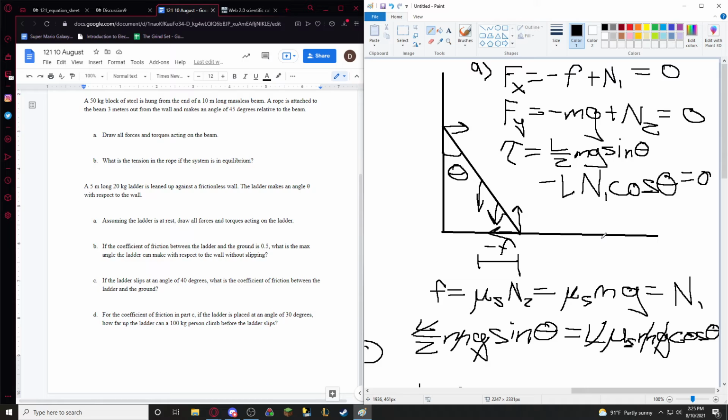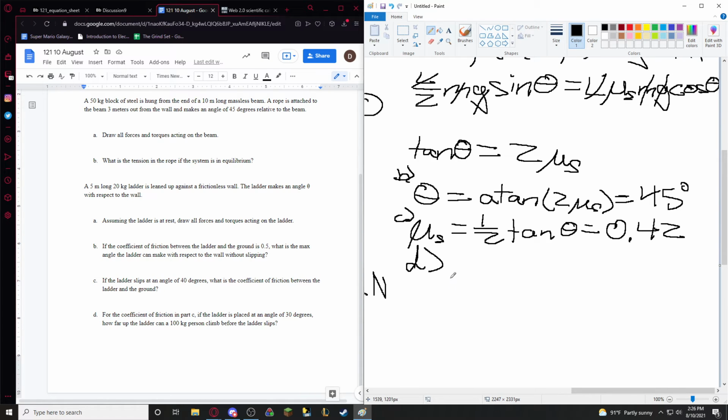We would have N2 minus the weight of the ladder minus the weight of the person. You mean the y equation? Oh, yeah, that's the y. My bad. Yeah, I was confused there. The x equation doesn't change. But so now, what we have to take into consideration is